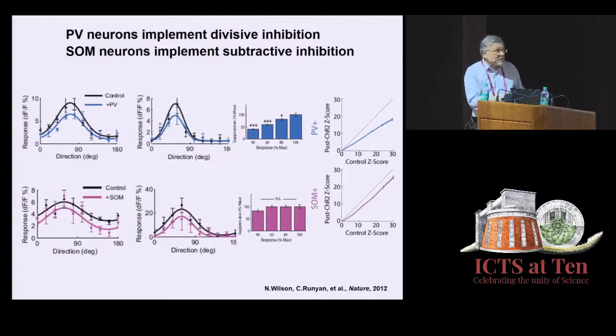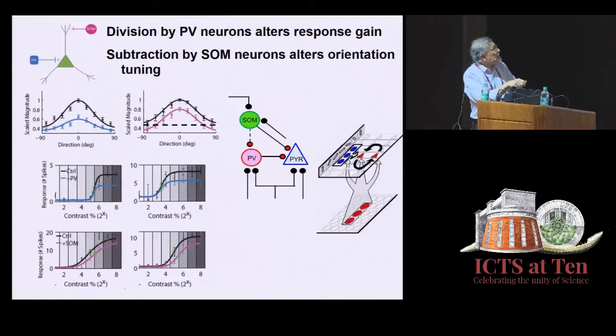Somatostatin neurons, on the other hand, simply subtract from responses. Their effect on their target is to suppress equally regardless of the orientation. So they carry out subtractive inhibition. And what this means is that division by parvalbumin neurons alters the response gains. If you were to plot the response contrast function, you've changed the slope of this function. You have changed the peak response, but you haven't changed the tuning width, meaning the half width, let's say, over